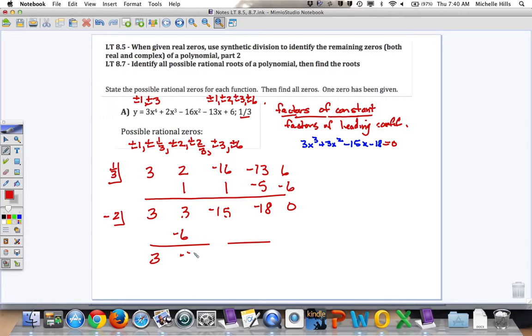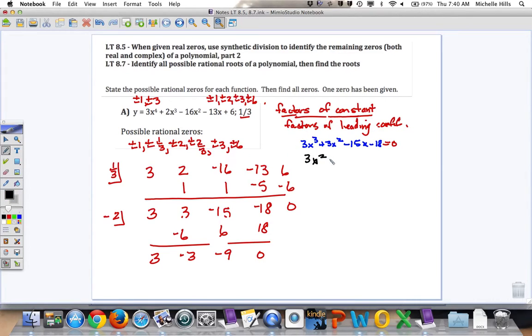So that would be negative 3 times negative 2, add those together, times negative 2. Hey, we just found our other 0. So this crosses, if I graph this, it crosses the x-axis at positive 1/3 and at negative 2. At this point, I abandon synthetic division because this is really